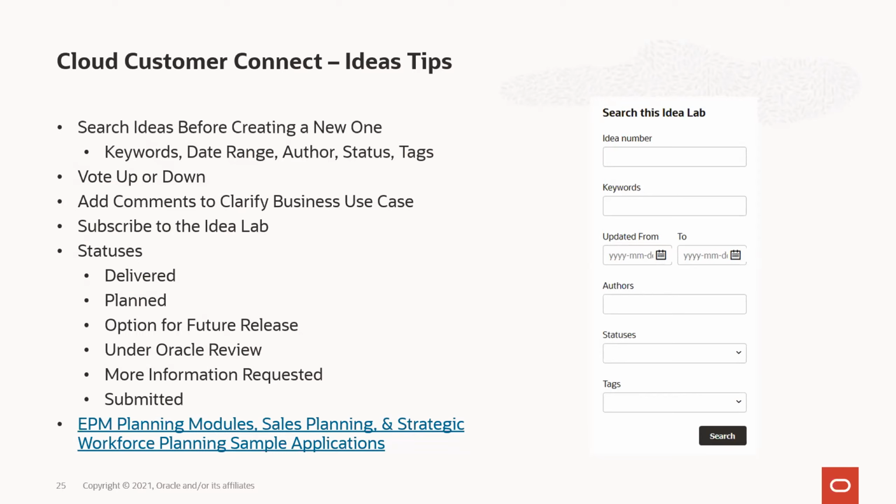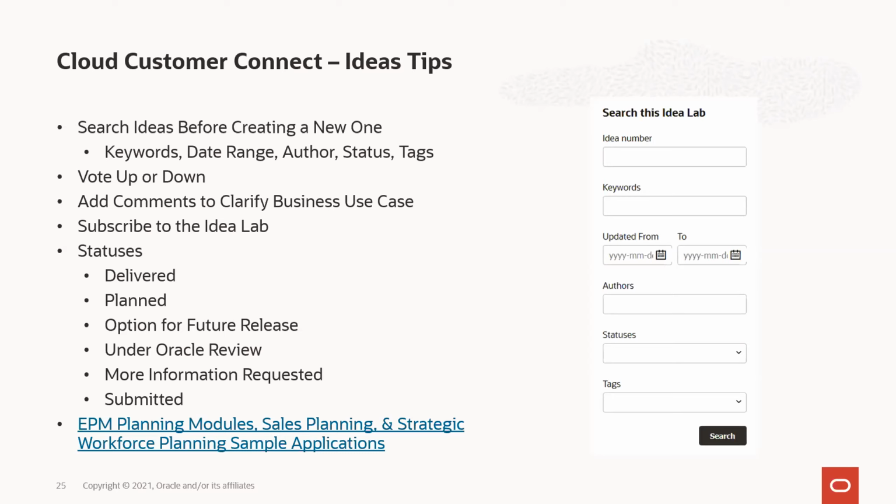Right. And then we encourage you to vote for these things. So again, I say to check this on a daily basis or at least a weekly basis. You should be checking this on a regular cadence, whatever that cadence is for you. But if you want to help drive the roadmap, this is what we're looking to. Right. So we can understand people stacking the deck. If you have 1,000 users and you have everybody upvote something, we can see unique by company or what have you. But it's good for us to know how many people agree or want this feature, right? And that's what helps drive our roadmap.